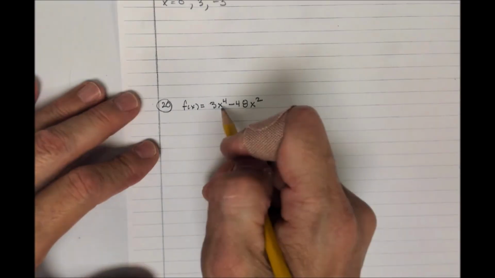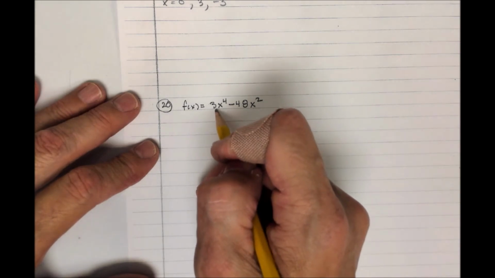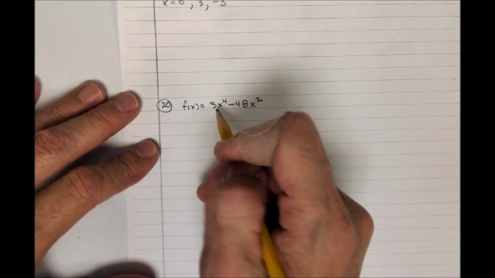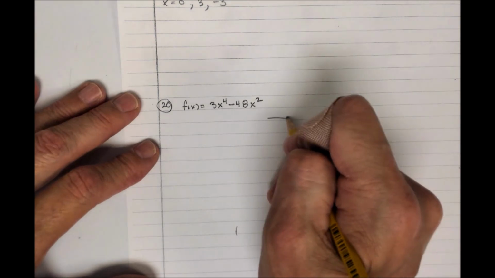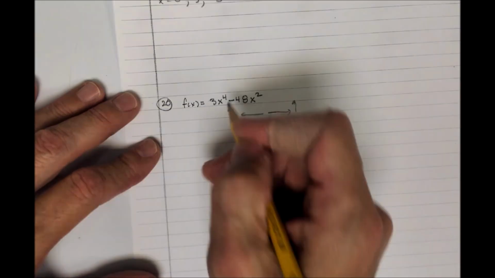Okay, this is degree 4, and it's got a positive lead coefficient. So that tells me it's going to rise to the right, and it's going to rise to the left. That helps there. And let's set 3x to the 4th